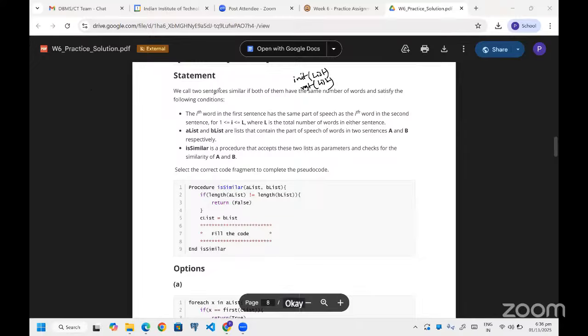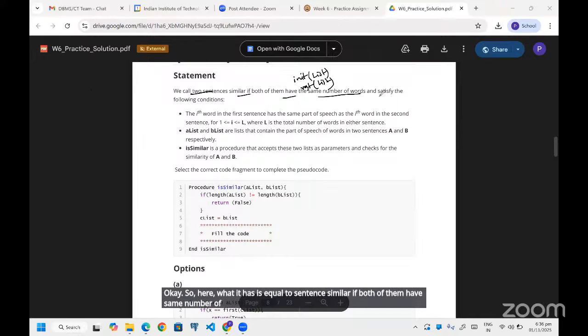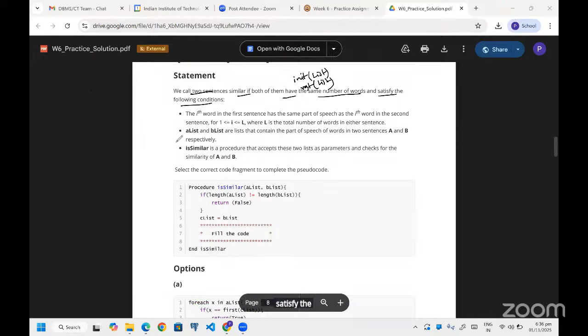Okay. So here, we call two sentences similar if both of them have the same number of words and satisfy the following condition. That means both have the same number of words.